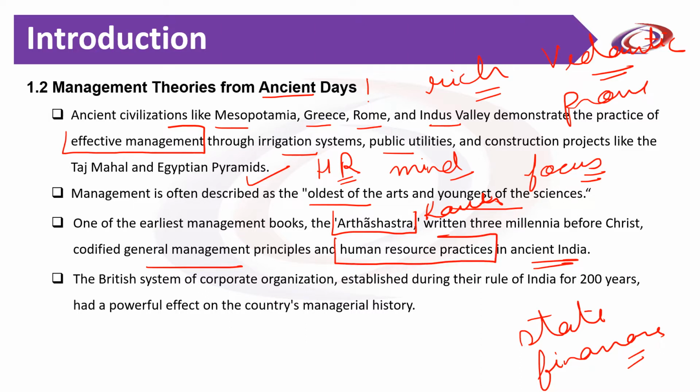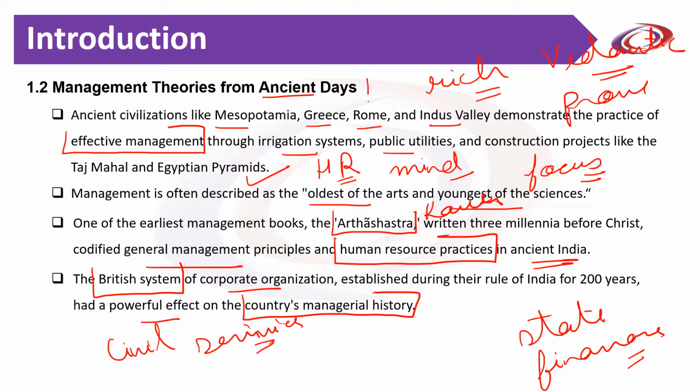Now, if we talk about a more recent time, then the British system of corporate organization also had a very powerful effect on the country's managerial history. The Britishers definitely had their own systems that were implemented in India. One great example of this is the civil services. The examination that was created at that time is still almost the same even after almost 60 years of independence. We are following it for the Indian Administrative Services. So we can say that the management in